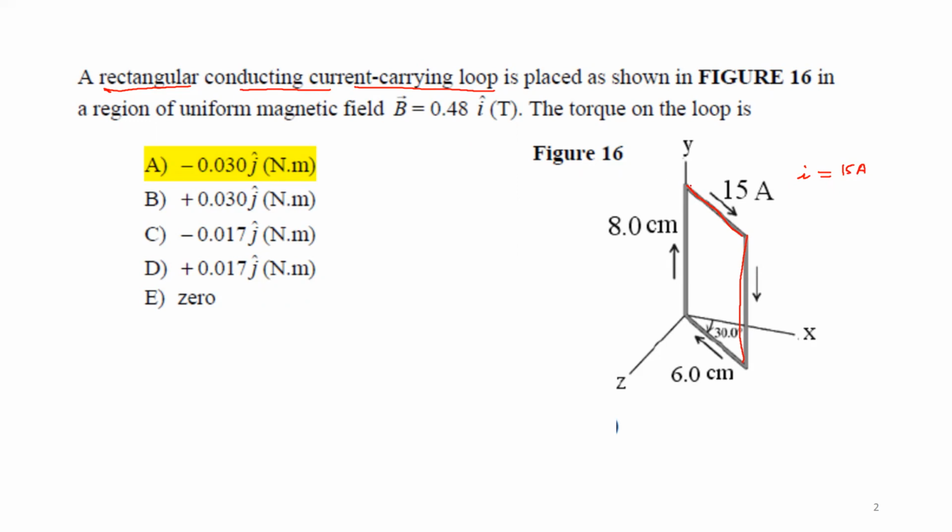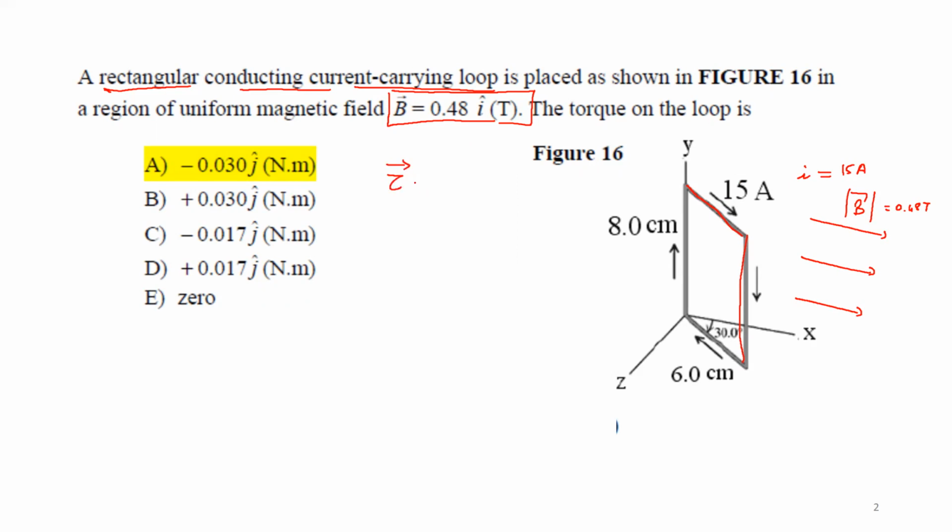This rectangular loop is in a uniform magnetic field, and B is along the X direction. It's a uniform magnetic field, and the magnitude of B is 0.48 Tesla. So B itself is 0.48 Tesla along the direction of i hat. Now the question is, what is the torque on the loop? We already discussed this in class. As we said, the torque